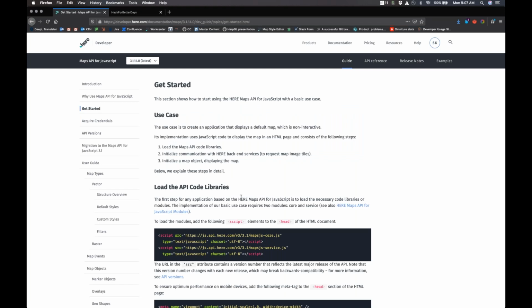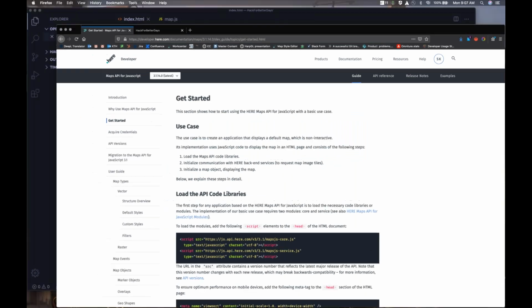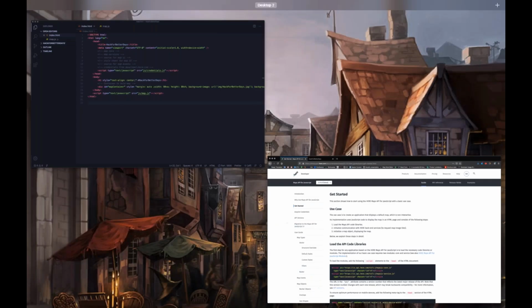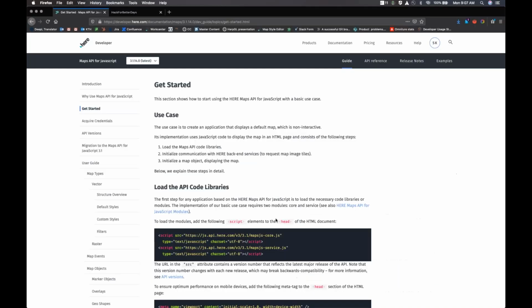Now to be able to use the maps, you need to load the map libraries. The basic ones are you need to load the basic core map and then the map services. The core map is where you get the elements or layers of the map, and then map services were the JavaScript, the geocoding services, the routing services were part of the map services. So you need to load both of these